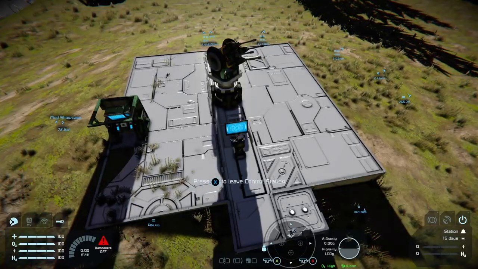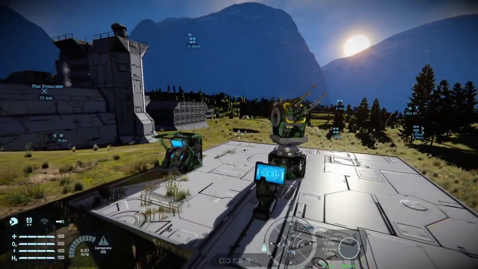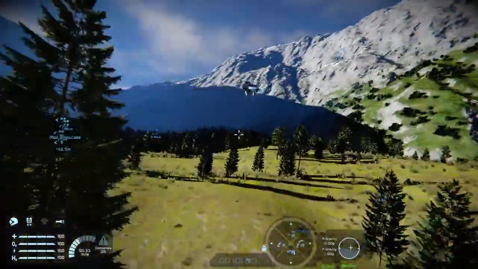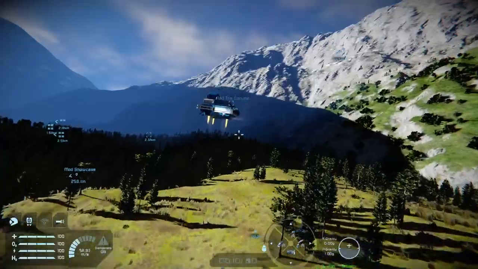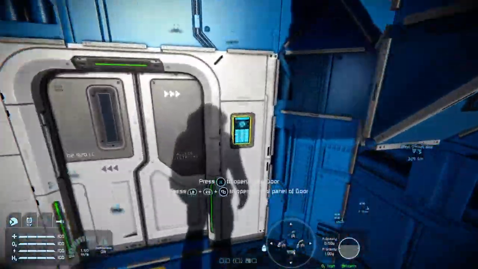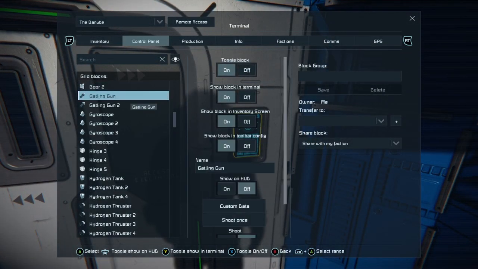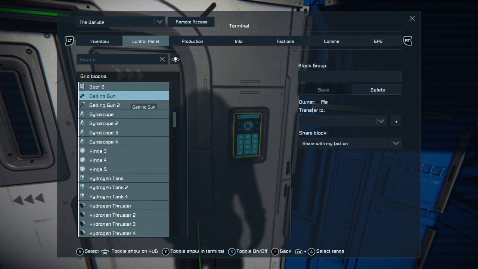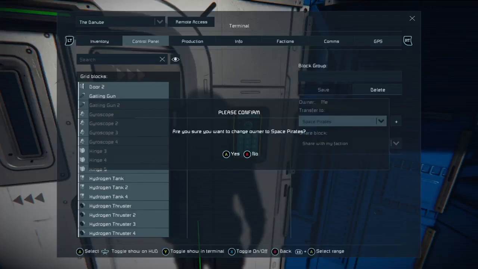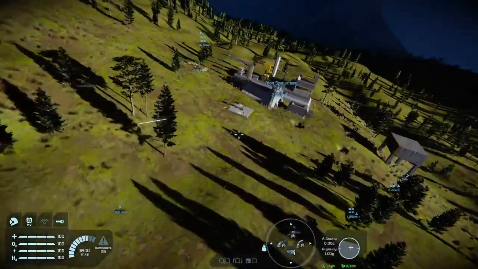And then we're going to see how our little turret responds if we come back over to this again. Click on it. It goes.